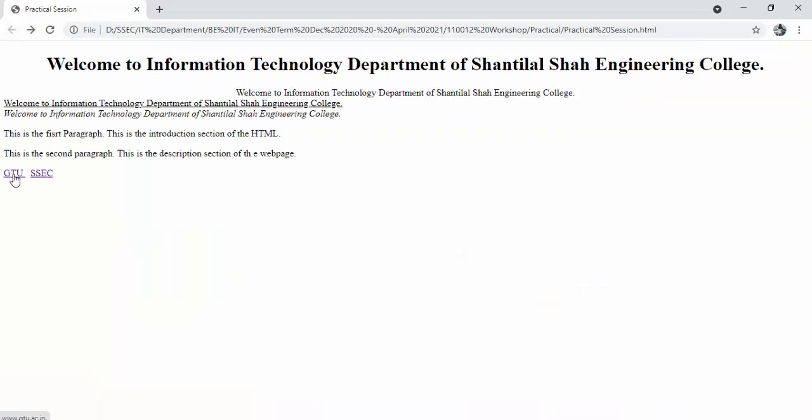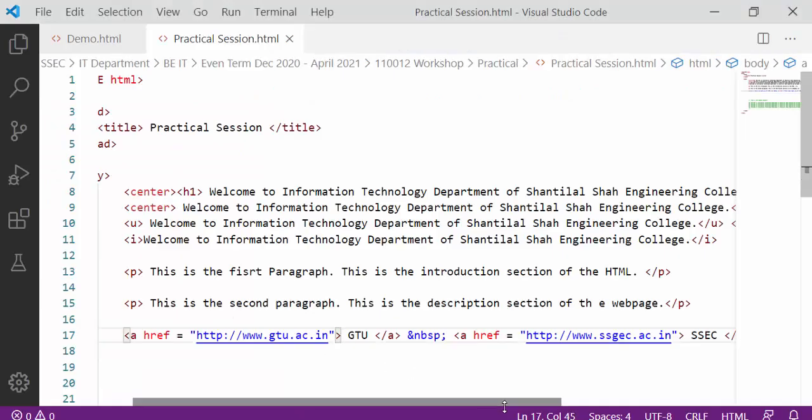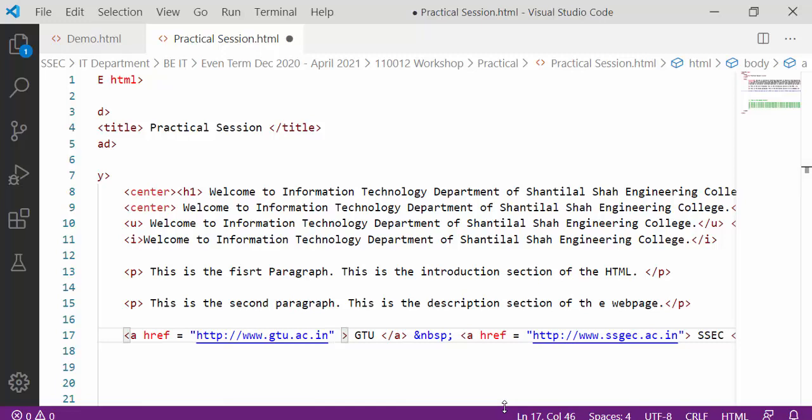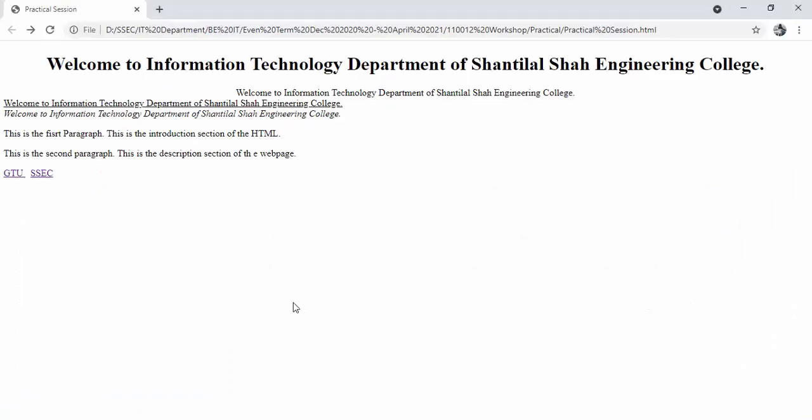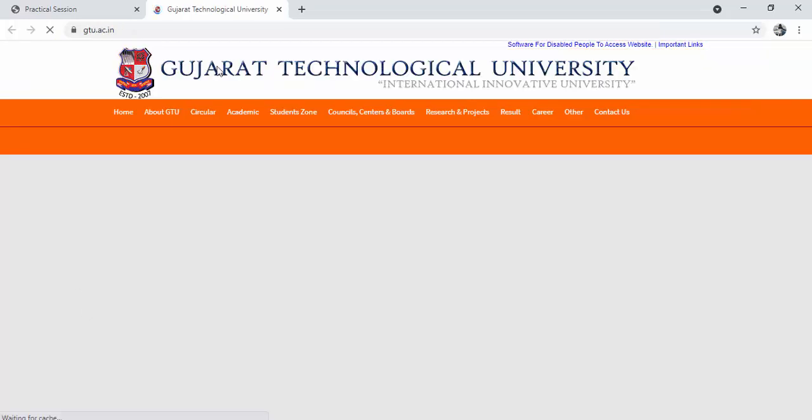But if you want to give a URL in such a way that whenever you click here, the given website will open on another tab, then there is one parameter in the anchor tag, that is target equal to, in double quotes, underscore blank.